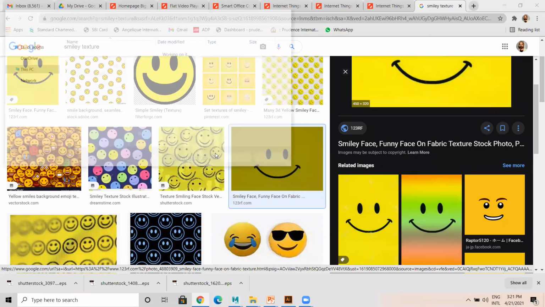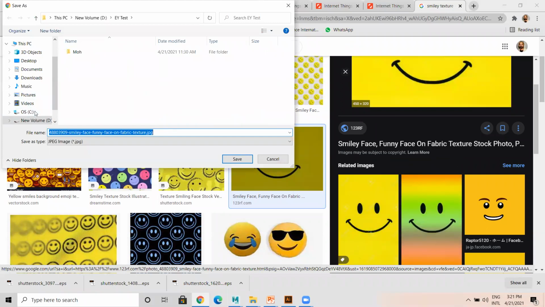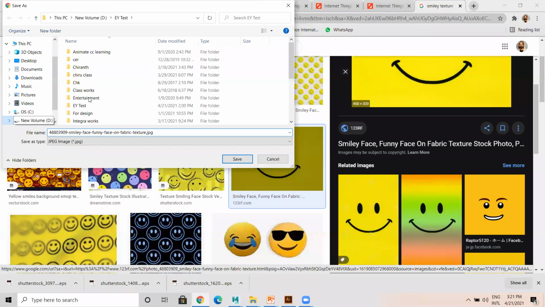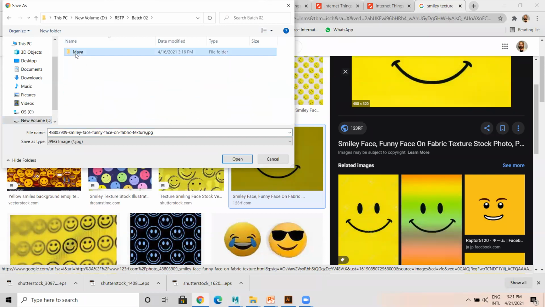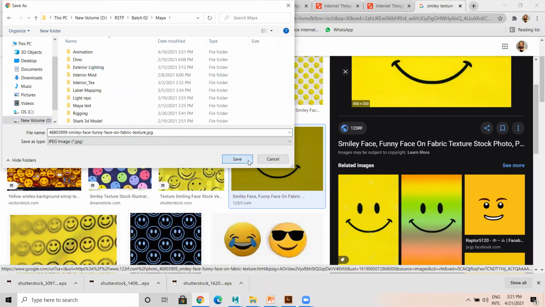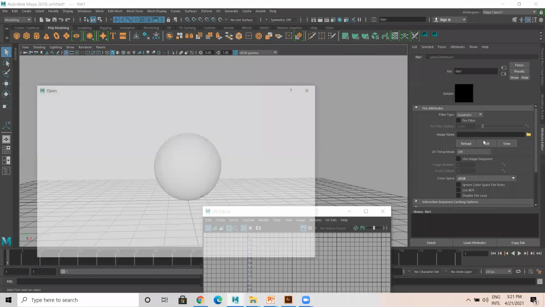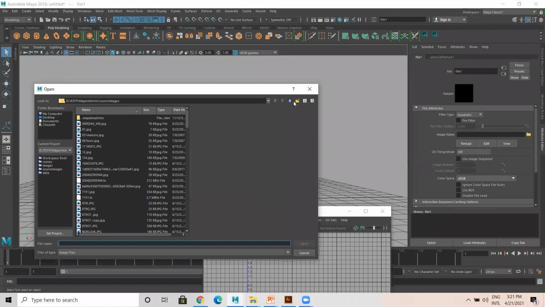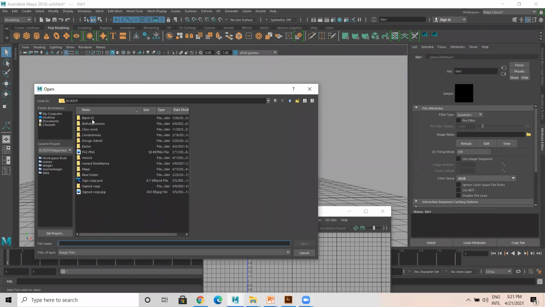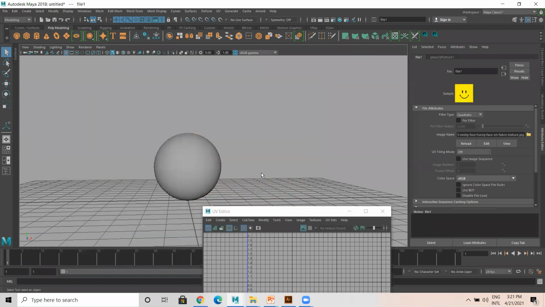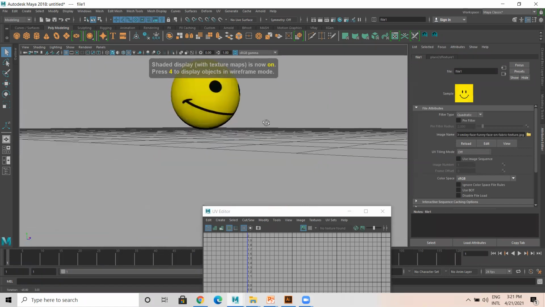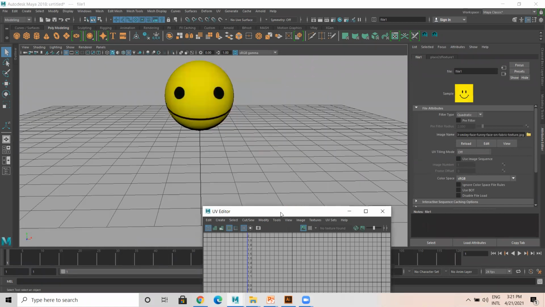I save this image. Save. Then here, try this. Press 6 to see the texture. Now this guy looks something weird.